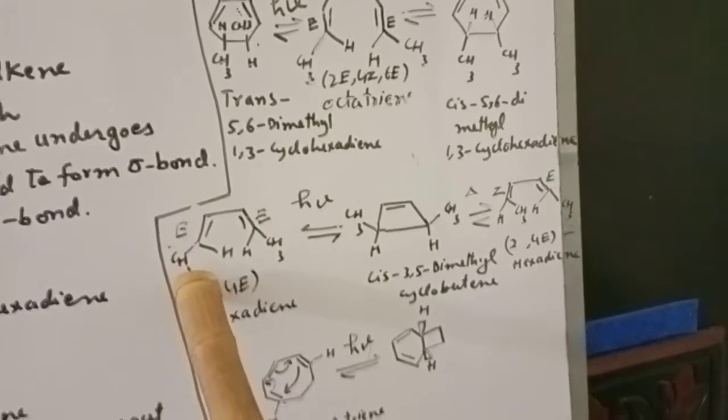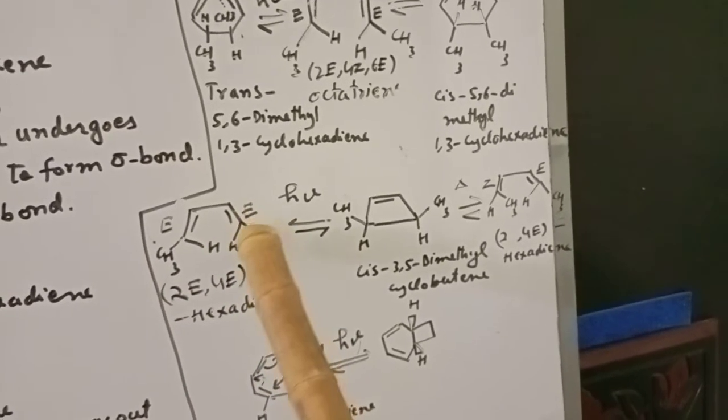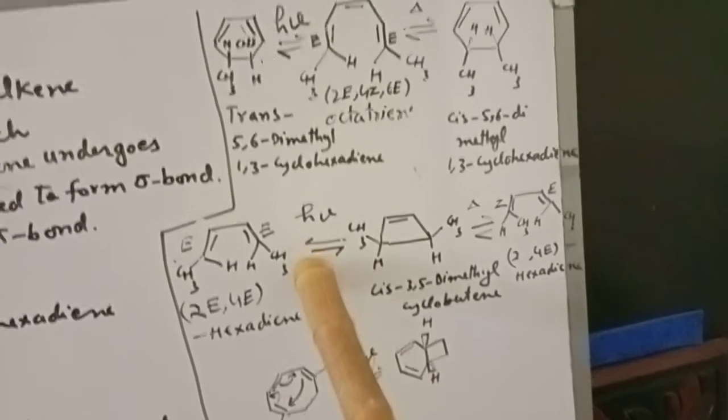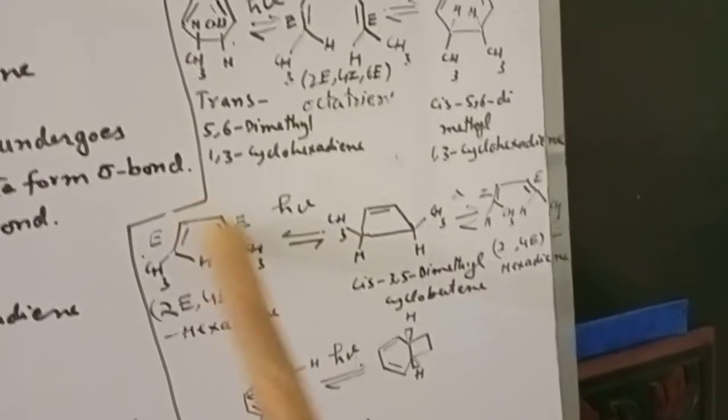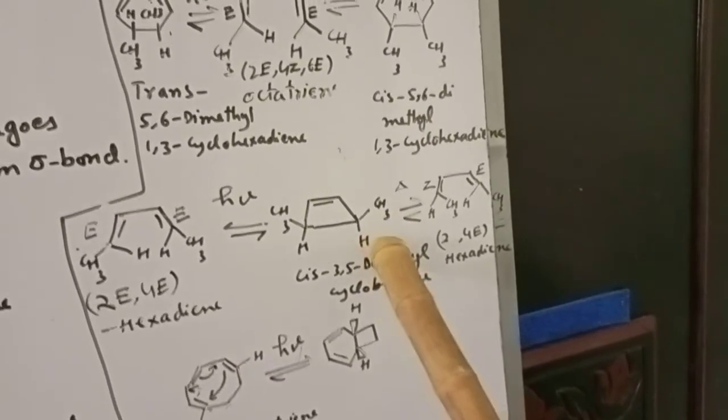This and this alkyl group are opposite. On 4, the alkyl groups are also on the opposite side. Therefore, it is 2E, 4E hexadiene. Now its thermal ring opening reaction will give